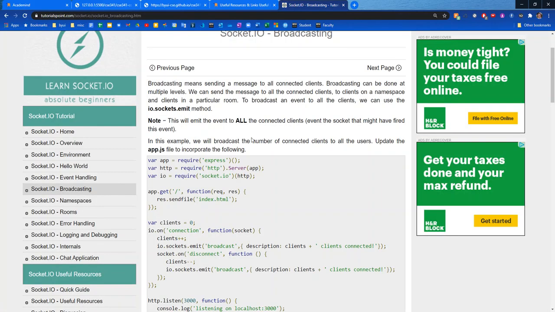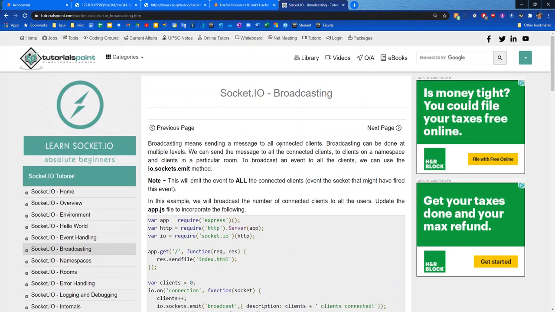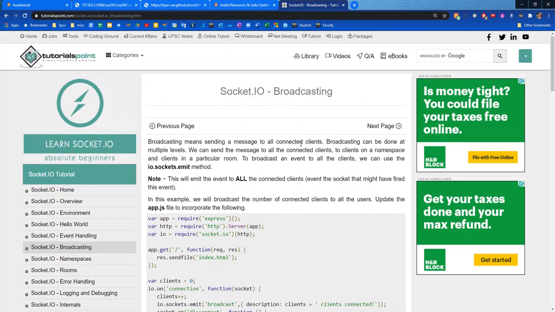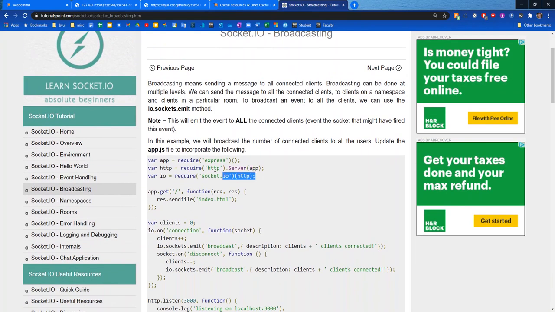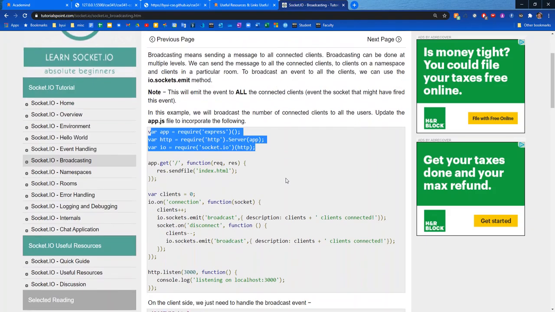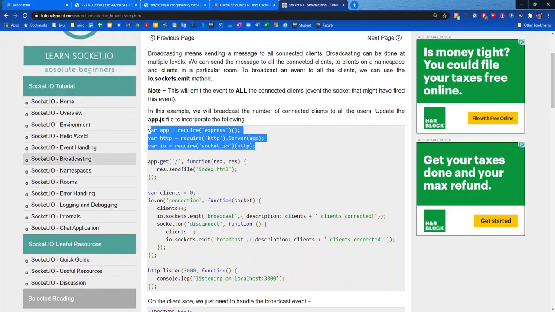All right, so let's go ahead. I found this helpful piece of code. You'll find a lot also in the Academy course, but this was really helpful. Just socket.io broadcasting. Notice this is a Node app. Looking at this, it's actually really simple. We're requiring socket.io. We had to install that with an npm install. And then once we're here, we have a couple of different functions that are working here. We have io.on, io.sockets.emit,